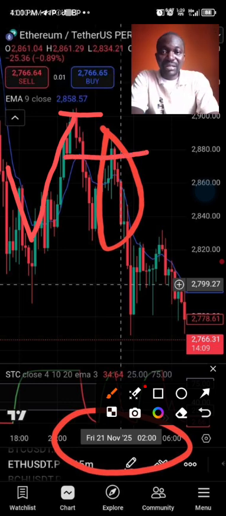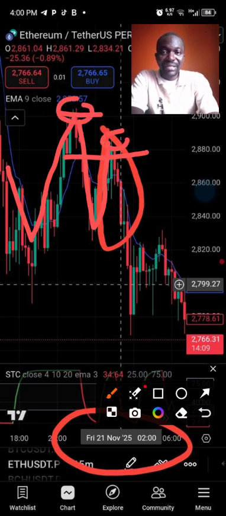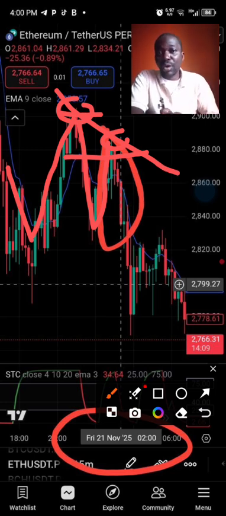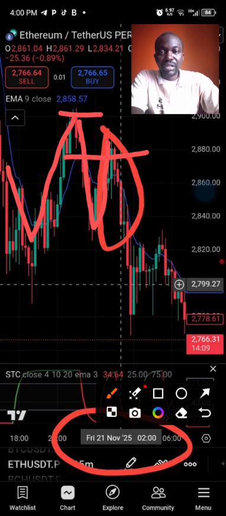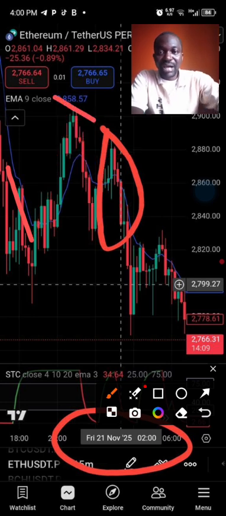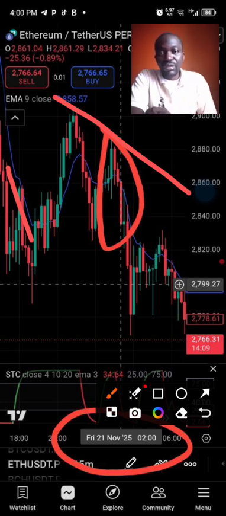If you look at it, price came down, came up, and now if you look at this level, this high is lower than this high, which creates a downtrend line. Remember, in the last video it was an uptrend line that was forming, but now it is forming a downtrend line. Let me draw this trend line again so you can see. This is the downtrend line.